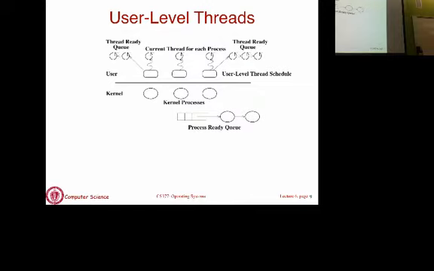So the OS can only schedule the process, and then your threads library, which is a user-level thread scheduler, is going to decide which of those threads to run whenever the process runs. The kernel will pick one process from the ready queue, and then the user-level scheduler is going to pick one thread from its ready queue and decide which thread to run. So, two-level decisions.